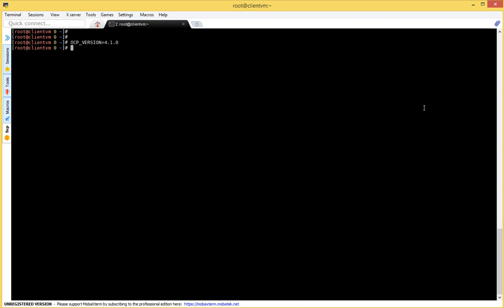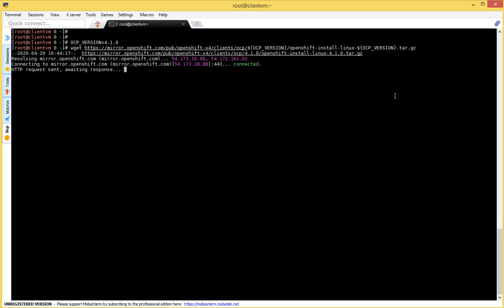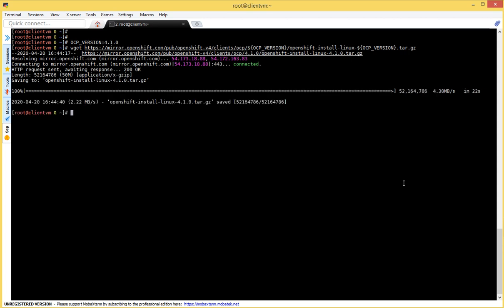Press enter, and then just wget that OCP version here and its tar file. Press enter. It has connected and is now downloading the OpenShift tar for us. So let's verify it has been downloaded.